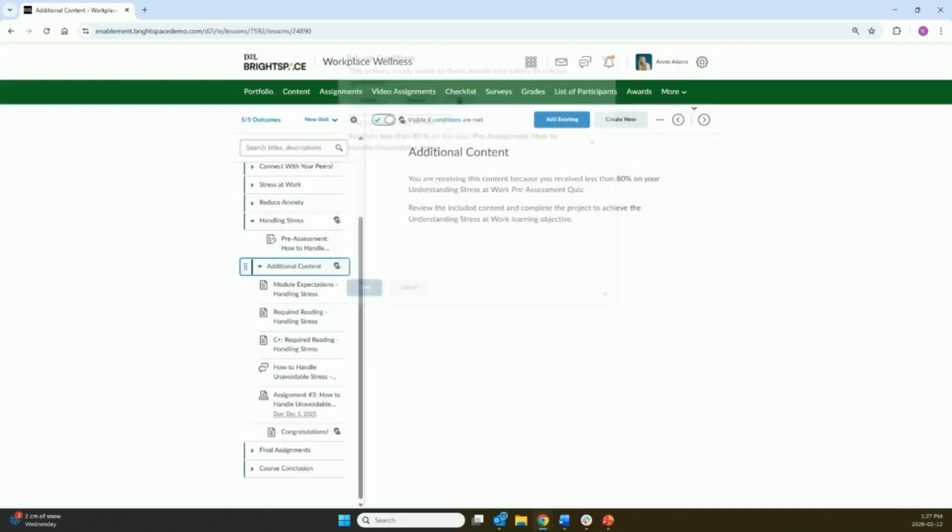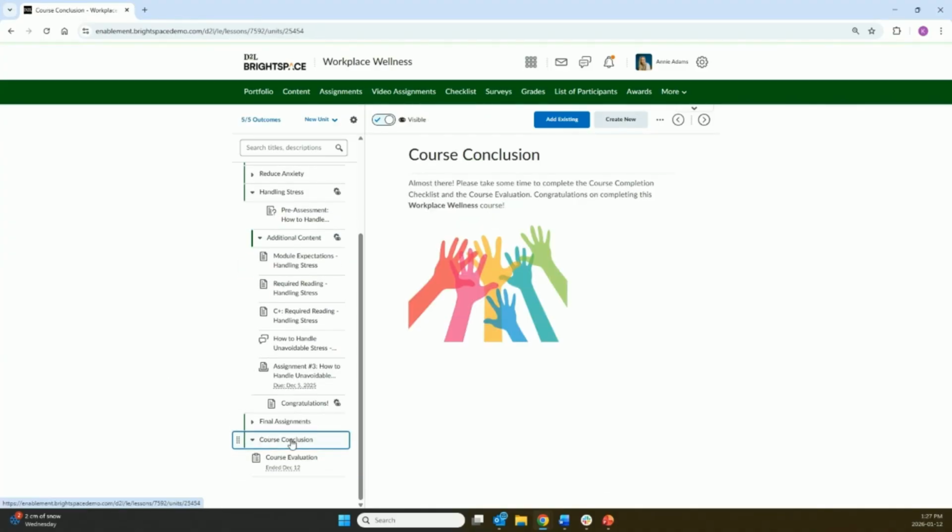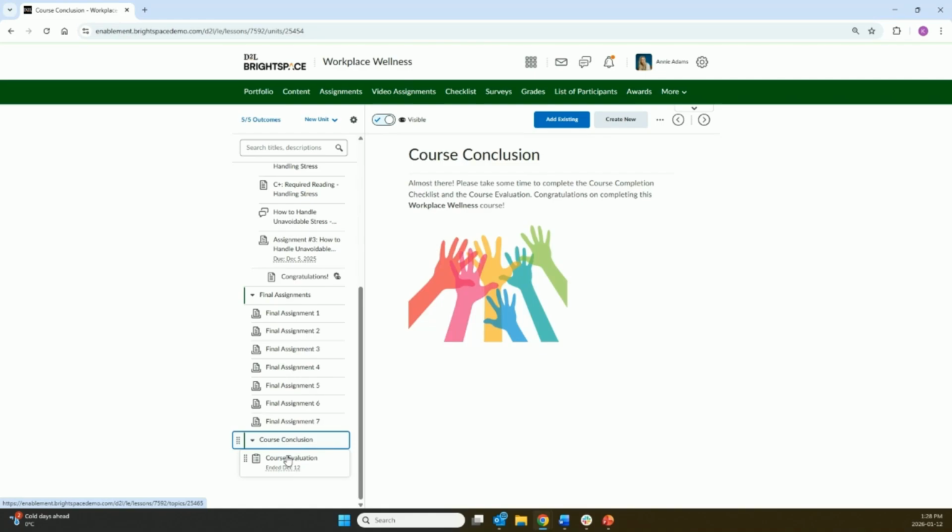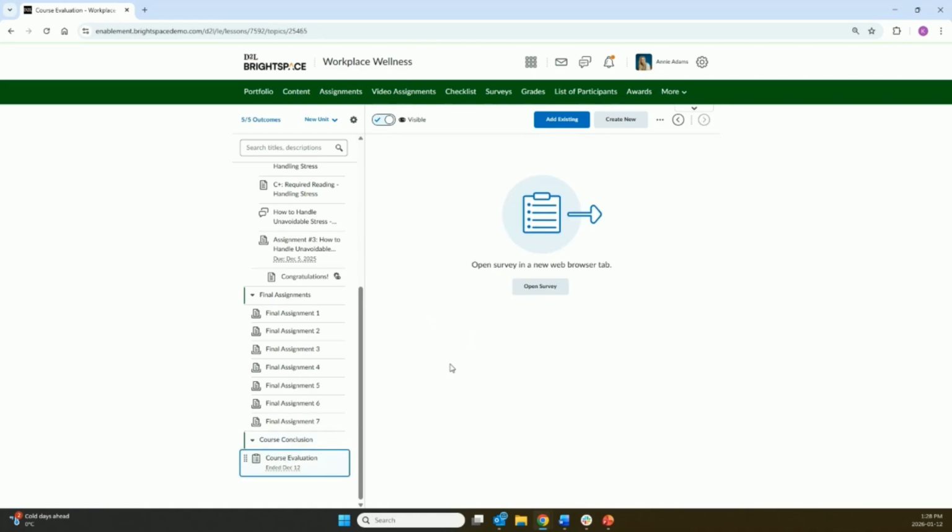So now let's try to attach a release condition to a content item. So if I were to go down to this course conclusion, and I'm going to select here, actually, let's go to final assignment, this course evaluation. I'm going to click on that, and I'm going to attach a release condition here. So I'm going to say view release conditions,